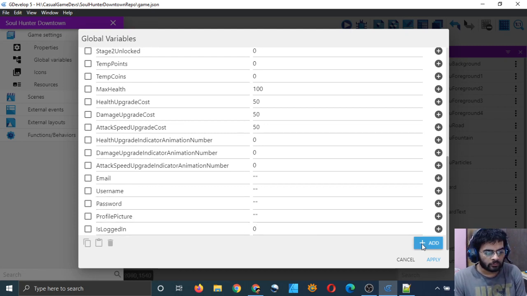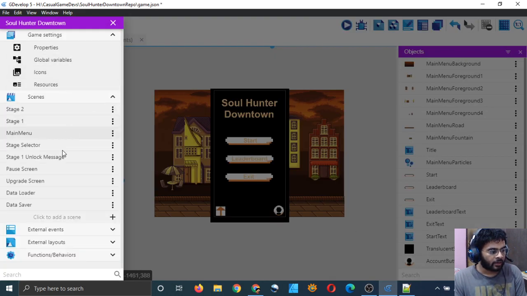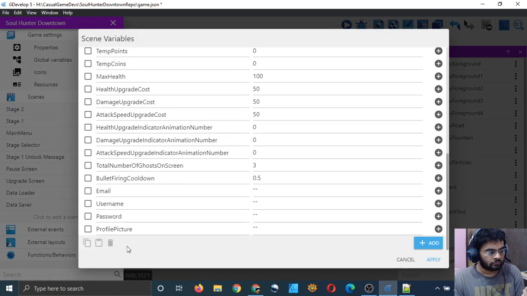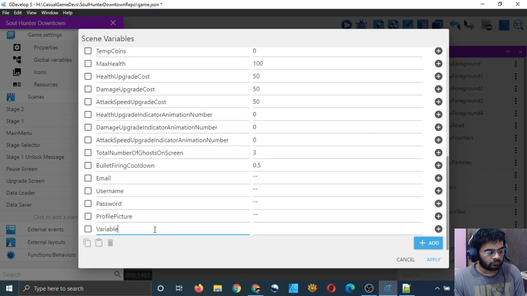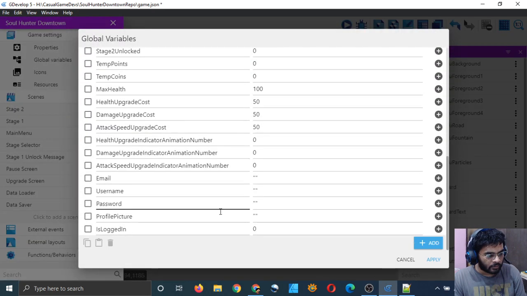So that's good. And apply. And we have to add that same variable again in our data loader scene also, right? Is logged in, 0. Apply. Let me check the spelling of logged in.